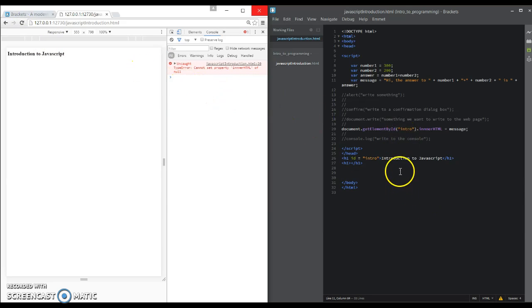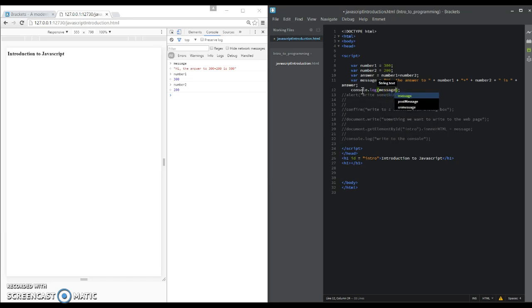I'm just going to comment that out right now. Not going to worry about that. So if I type message, the value of the variable, hi, the answer to 300 plus 200 is 500. And I type, I want to see what number 1 is. Yes, it is 300. I want to see what number 2 is. That's where the console is useful. Over here on my page on the right hand side of the screen, if I say console.log within parentheses, I type message, it's going to write directly to